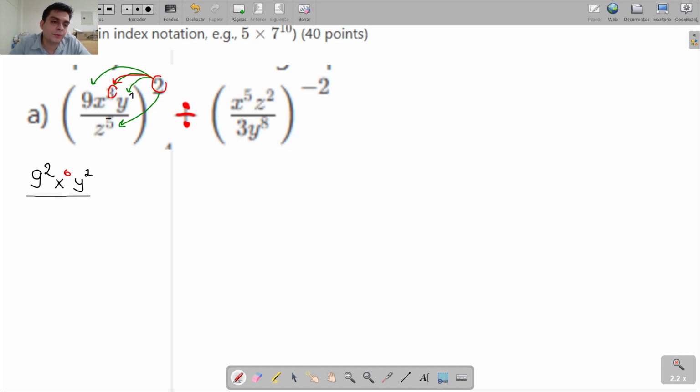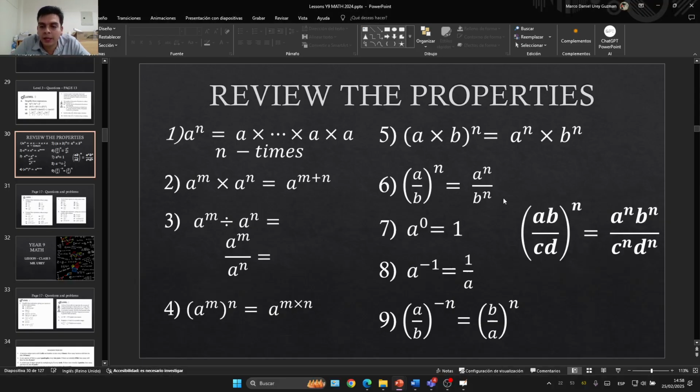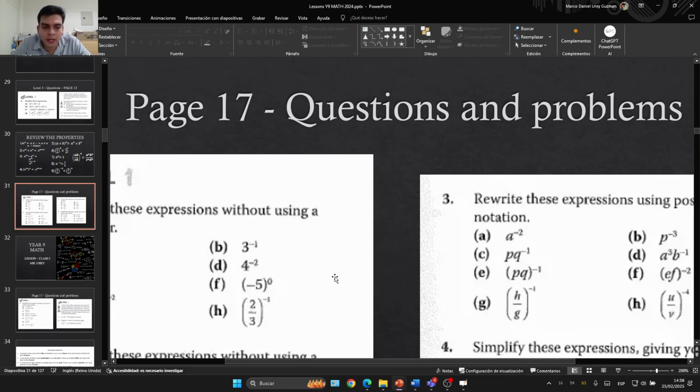z is to the power of 5 here inside, but we multiply with the exponent 2. So now we will have z to the power of 2 times 5, 10. Okay, we are done with this one. We don't need to write the parentheses anymore. Now, what we see here is that this exponent, first of all, is negative. We never want the exponents with negative. So what we have to do first, when you have a negative exponent, in property number 9, we have